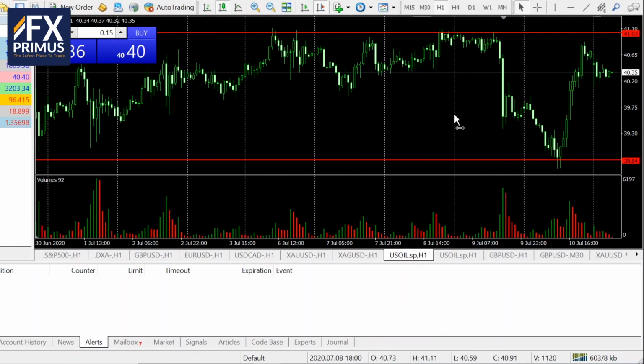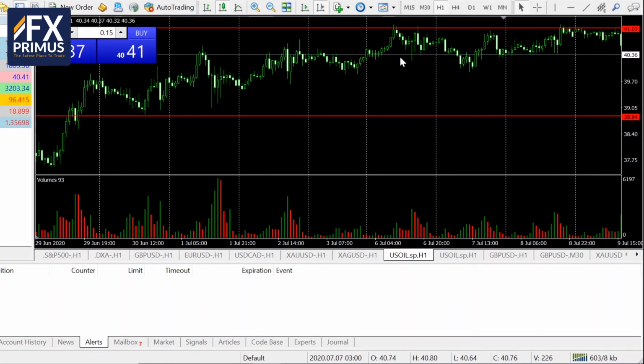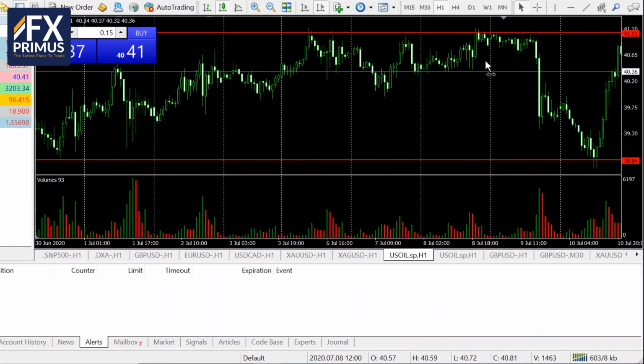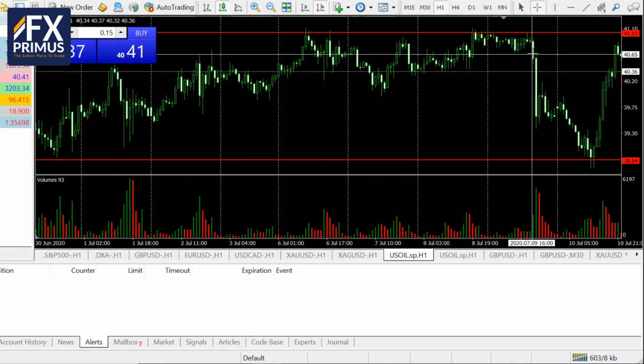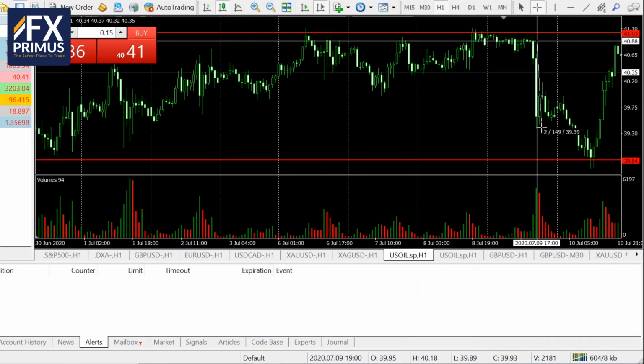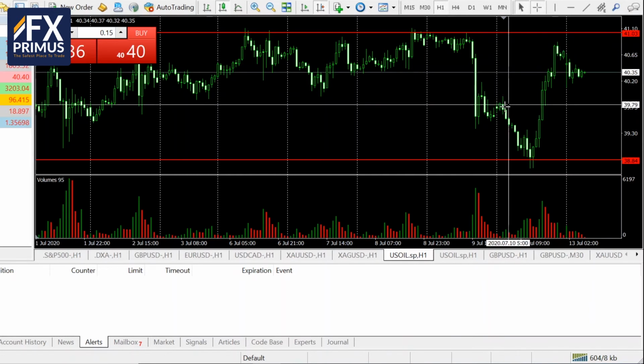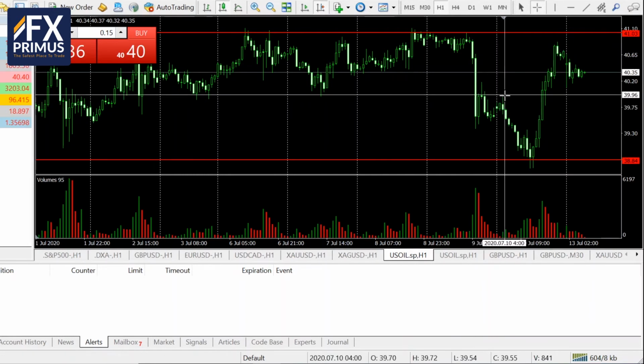Oil prices were pushing back down on last Thursday after finding resistance for 1, 2, 3, 4 days, and finally on last Thursday at about 9 p.m. local Singapore and Malaysia time, oil prices dropped from $40.88 all the way to a low of $39.39. That bearish move was carried forward through to last Friday, where oil prices dropped from $39.96 all the way until